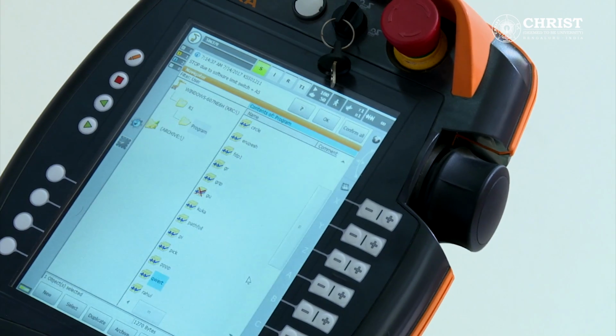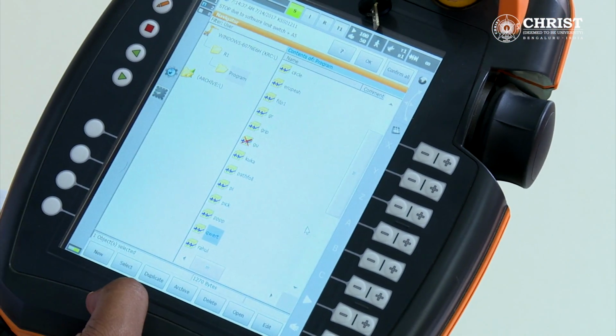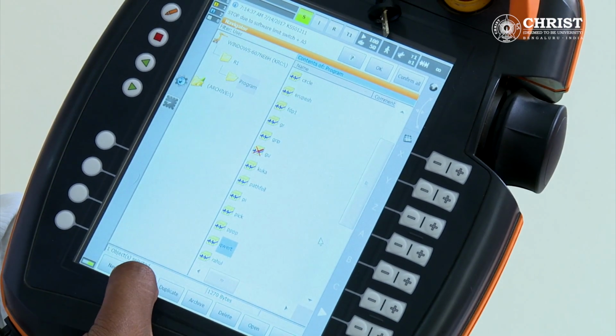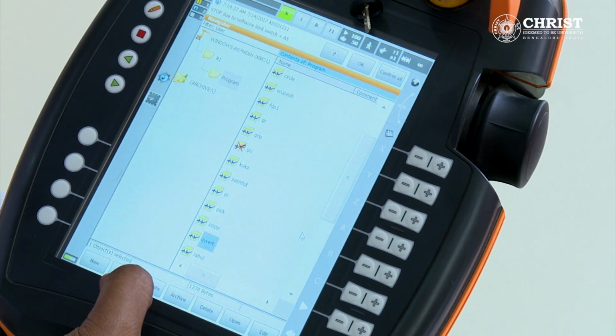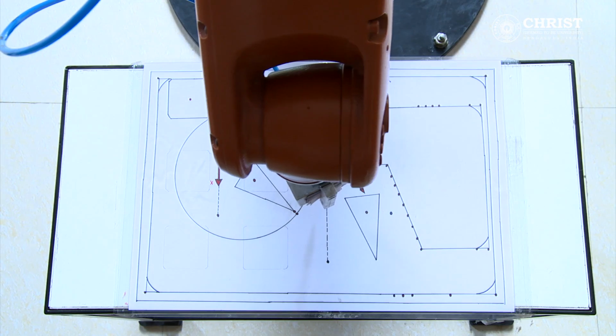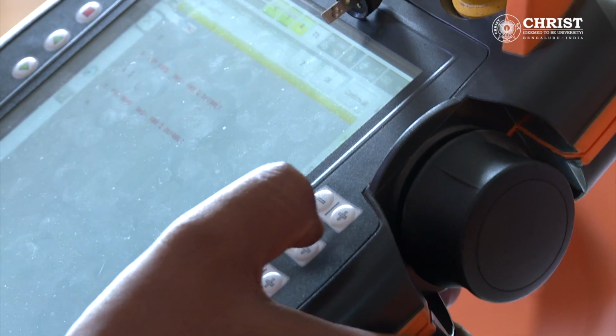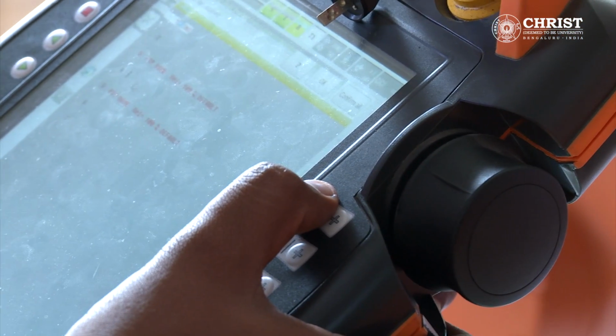If you want to write a program, you have to select a folder, and if you want to run a program, you have to open it. Since we are going to write a program, choose select. Robot will always be at a home position when you begin a program, which is also the safest position of the robot. Go to the fourth line.